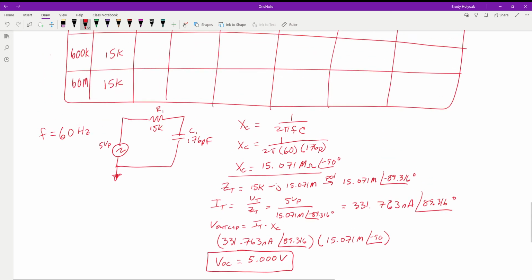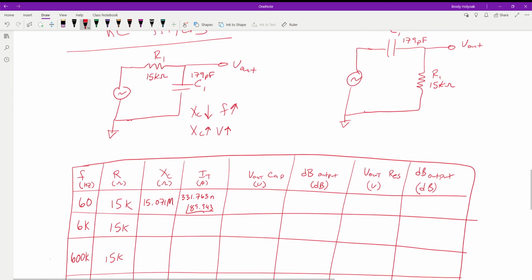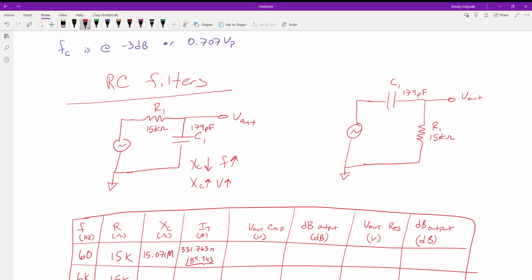The other thing we can do is when we look at the circuit, even if we were to come back up here and look, between these two, the only difference is what are we looking at for our output? We've switched these positions, but we can calculate these both at the exact same time because it is the same circuit. Everything's connected in the same way. It's just where's our output going?